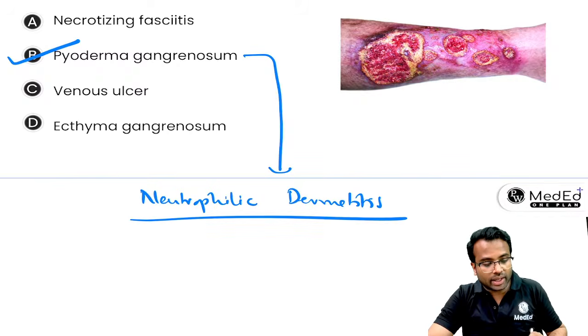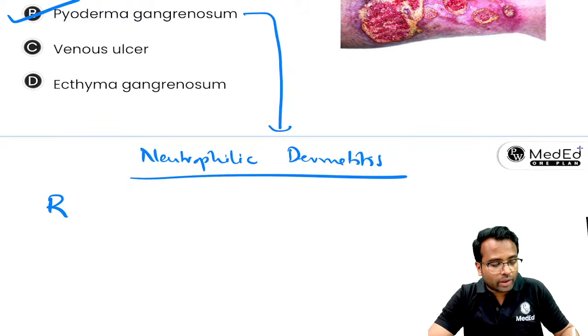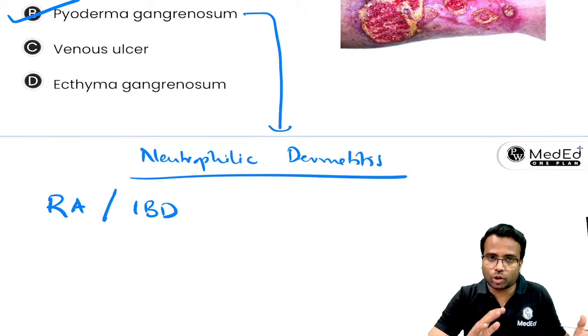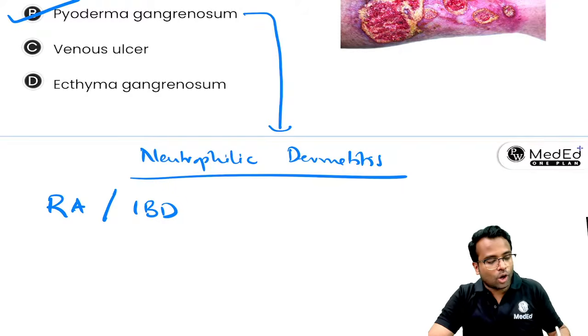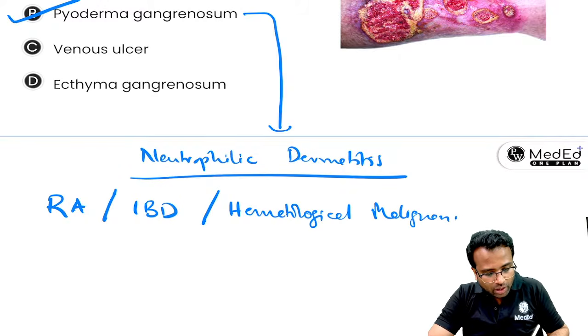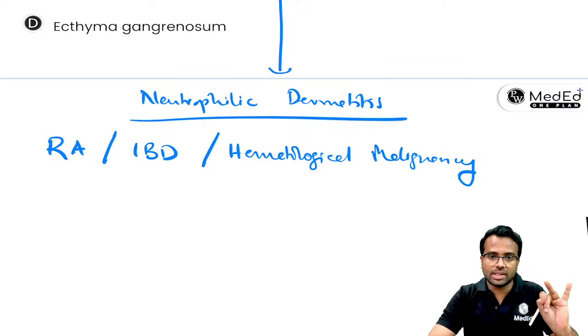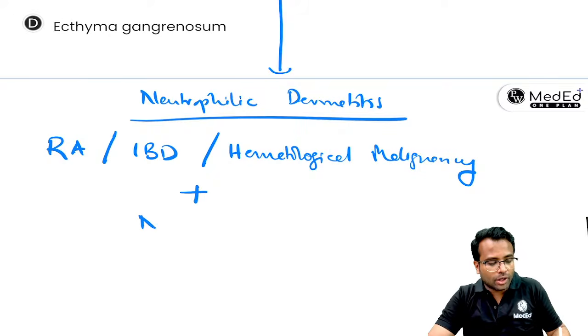And every time you get pyoderma gangrenosum, remember, they will give you that the patient is a case of rheumatoid arthritis, or a case of inflammatory bowel disease like Crohn's disease or ulcerative colitis, or some hematological malignancy. So in a patient who has rheumatoid arthritis, inflammatory bowel disease, or a hematological malignancy, when they present to you with a non-healing ulcer,